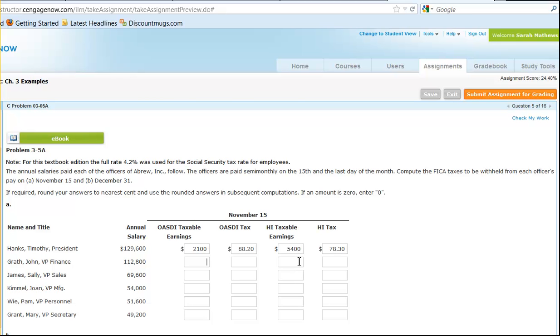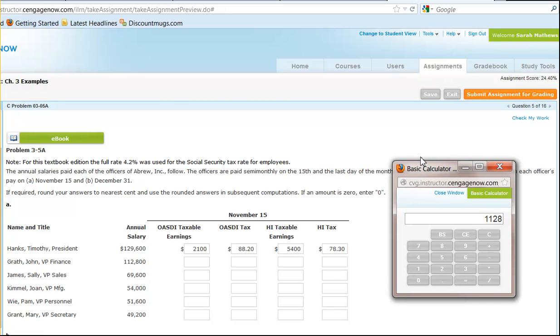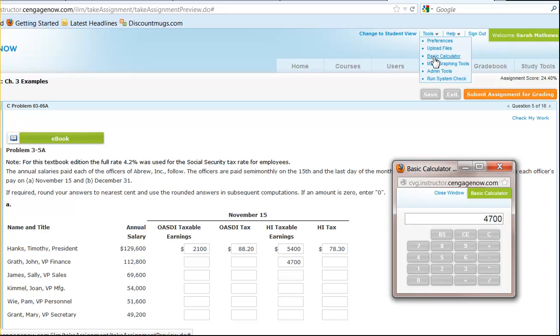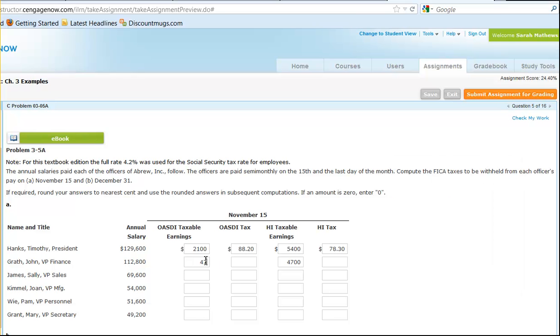Now for our next individual, he makes $112,800. So if we take 112,800 divided by the 24 paychecks, he makes $4,700 a paycheck. So I'm going to go ahead and put that 4,700 here. Now again, this is our 21st paycheck, so we want to know if he's going to go over. So I'm going to take the 4,700 times the 21st paycheck, and that only puts him at 98,700. So he's not going to go over the maximum allowed, so he will be 4,700 subject to Social Security and